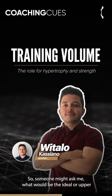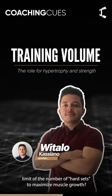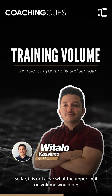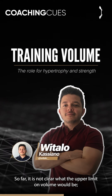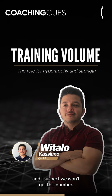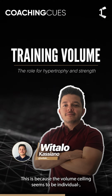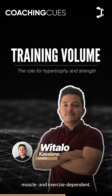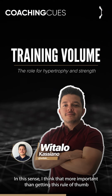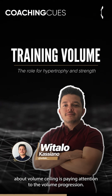So, someone might ask me, what would be the ideal or upper limit of the number of hard sets to maximize muscle growth? So far, it is not clear what the upper limit on volume would be. And I suspect we won't get this number. This is because the volume scaling seems to be individual, muscle, and exercise dependent. In this sense, I think that more important than getting this rule of thumb about volume scaling is to pay attention